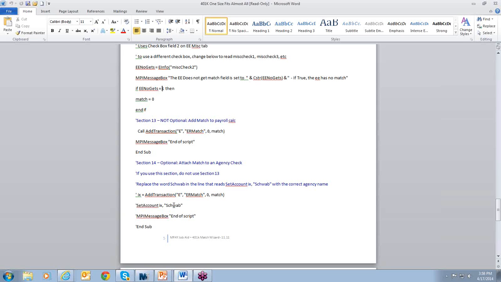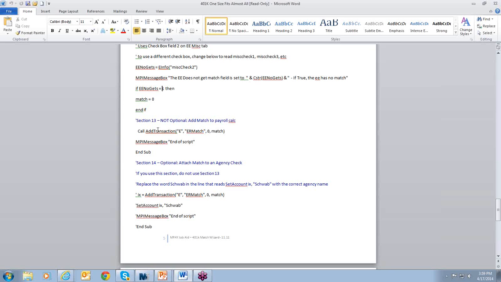After the script has gone through and determined all of these things, it does 2 things. In either section, it adds the transaction. The add transaction function is a way to add a line to a check. So if you don't have a script and you pay an employee 40 hours, it looks at their deductions and calculates deductions. It looks at their taxes and calculates taxes. It looks at anything that you've entered on the payroll screen, and it calculates deductions and other earnings based on the presence of calc codes, which are scripts, but we're not discussing those today, or a 401k match.